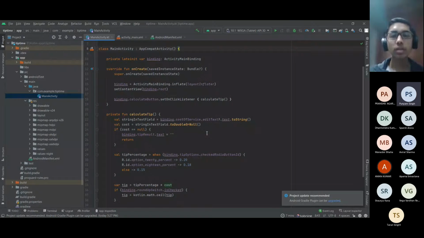Coming to the contents of our onCreate, we have our binding and then setContentView. Now we have to discuss binding, because that's the main thing that comes now. Let's say you don't use binding.